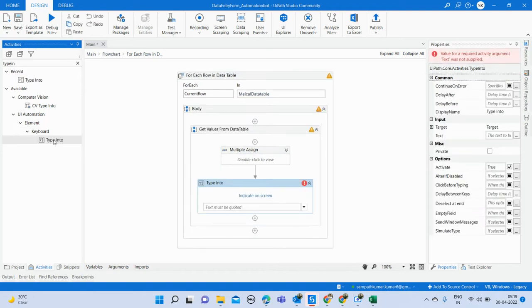Once you drag and drop this type into activity, what will happen? For this particular activity you can see the properties here. What are the properties that we have? We will discuss that now. As soon as you drag and drop it here, you can see there is content like indicate on screen. This says where you want to enter that value. You need to indicate on the screen because we are doing the UI automation and the surface